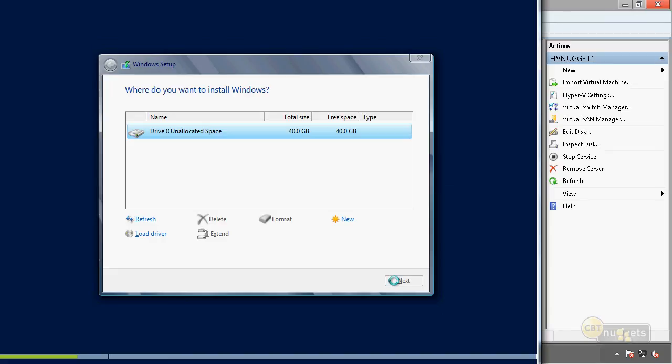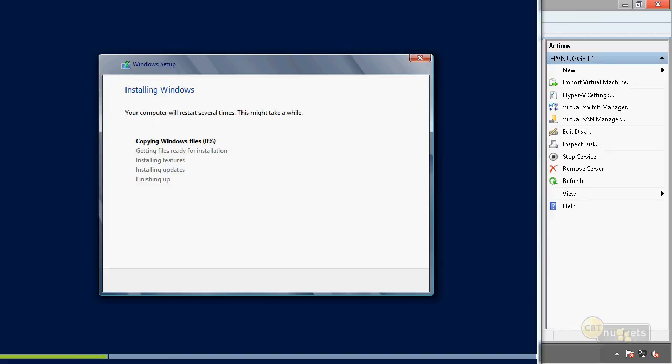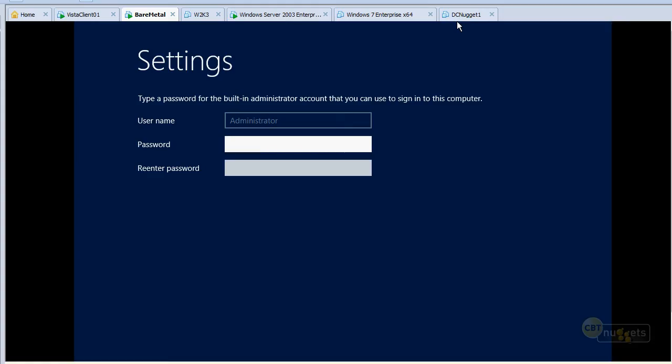Then I'll go ahead and click on Next, and we'll see that the installation kicks off. There's not much else for you to do at this point. It'll just install all the features and everything. It'll reboot itself, and then you'll have a new operating system. And when it's there, I'll come back and take a look at it. Alright, and then the operating system seems to have loaded here.